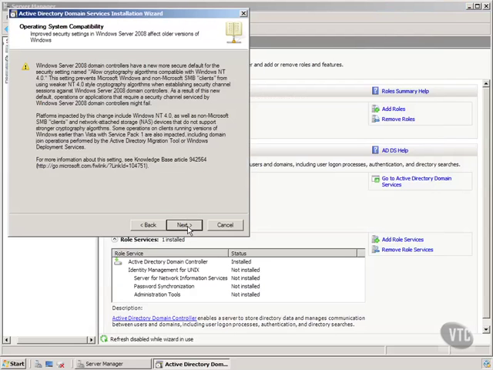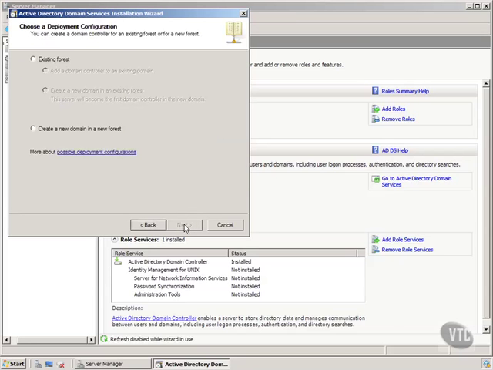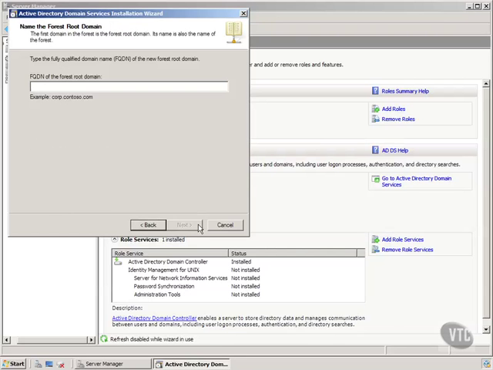And I will click Next, and notice it is giving me some information that I can read through and some knowledge bases. We will just take the default. Now notice, do we want to join this particular server to an existing forest or create a new domain in a new forest? We want to create a new domain in a new forest,